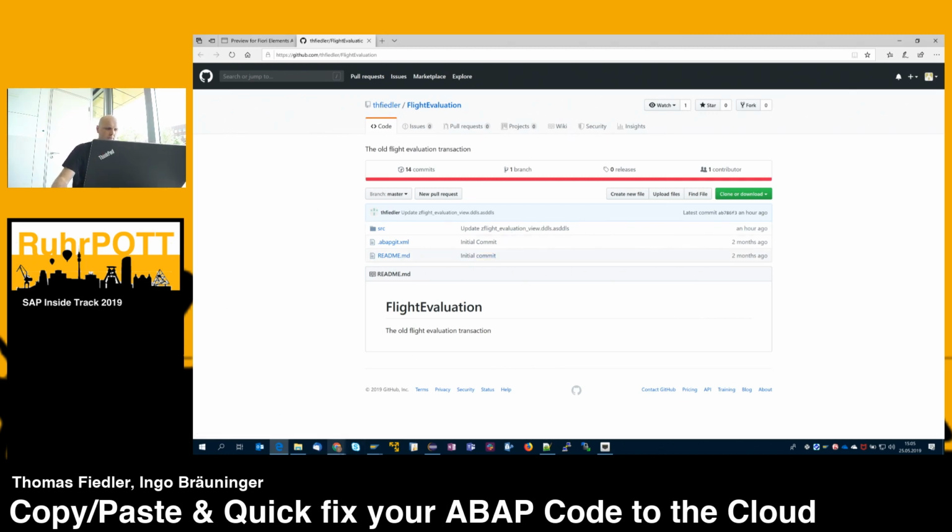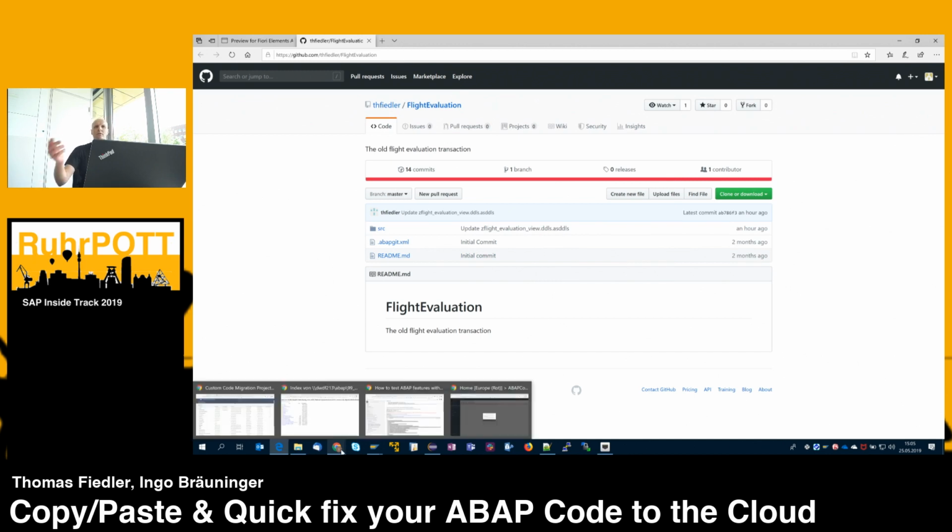Then, to get an impression of our coding, how much we have to do, and whether it fits the new programming model by means of these whitelist checks, because some function modules we are not allowed to use, and data types like reports are not allowed in the cloud anymore, and all this kind of stuff, you want to get an overview about that.